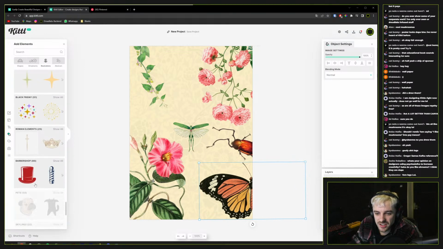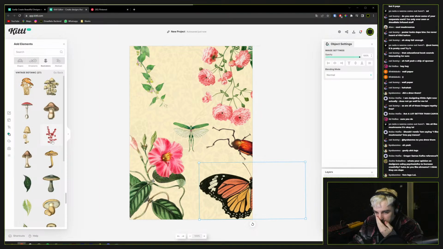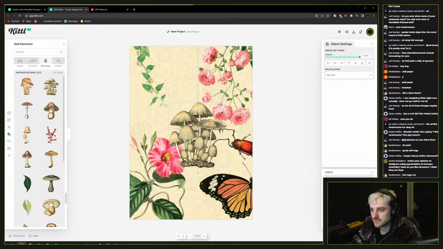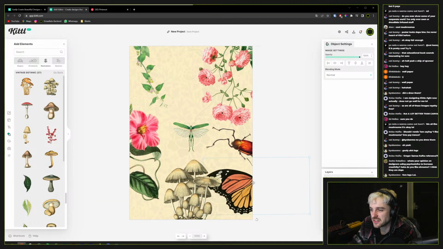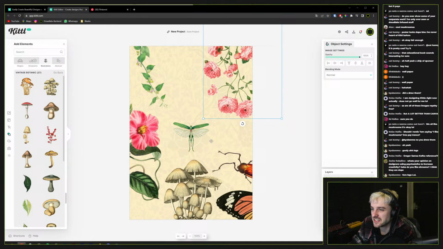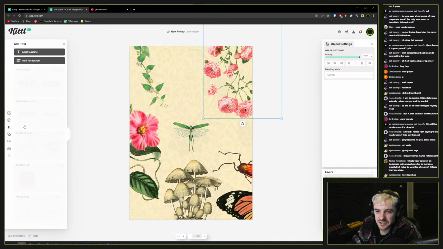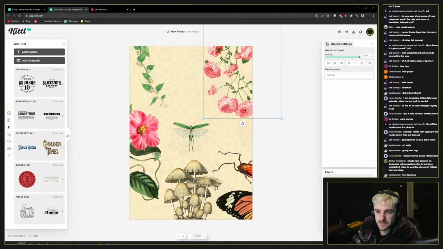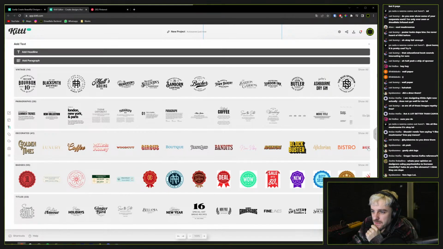Okay, so we also had the vintage botanics, I think, which I really like looking at, and not because they're mushrooms, but I do like them. Okay, I'm just dragging in stuff. I'm not even adding anything to the design, but. So okay, and then I want to see if there's some text that would fit in with this, but